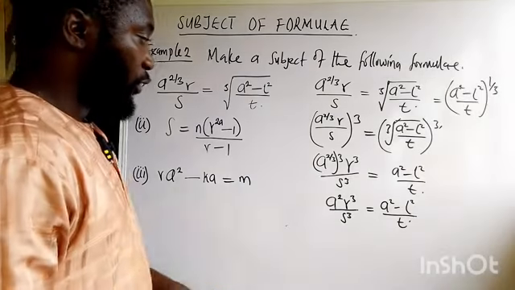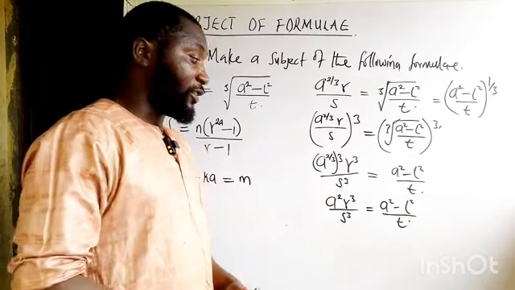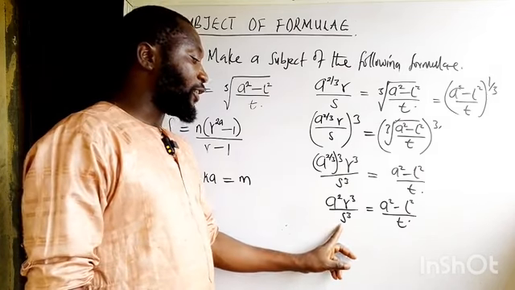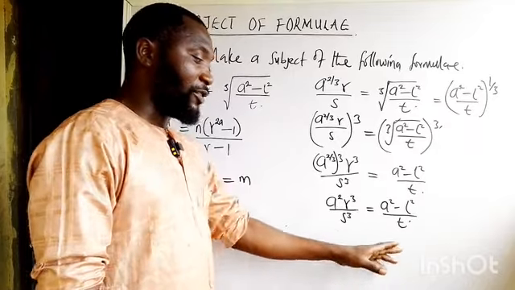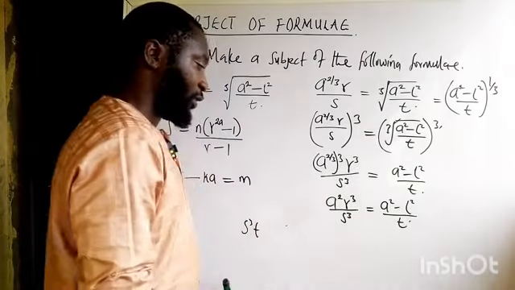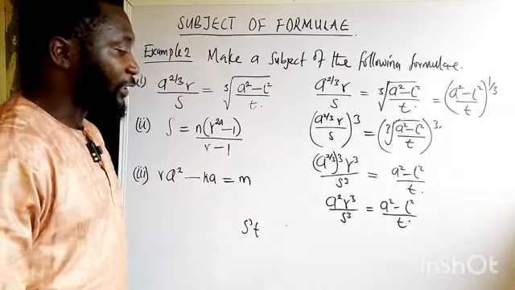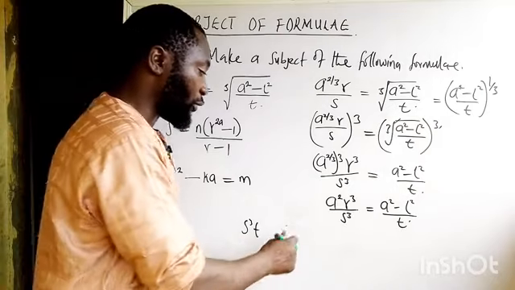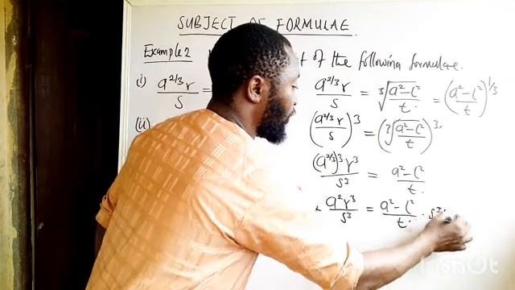remove the denominator. So we can cross multiply. What that simply means, if I don't want to use cross multiply, what you have as denominator here and here, that will be your LCM, because there is nothing common. So your LCM will just be s to the power of 3 t. That will be the LCM. So now you multiply both sides by this LCM. By the time you do that, it's just like you cross multiply, because by the time you multiply this side by s to the power of 3 t, this also by s to the power of 3 t, you can see that